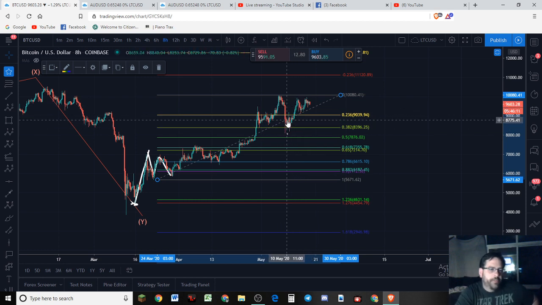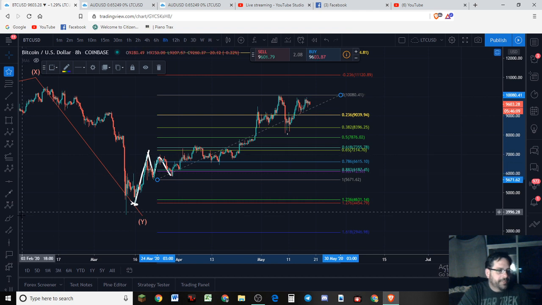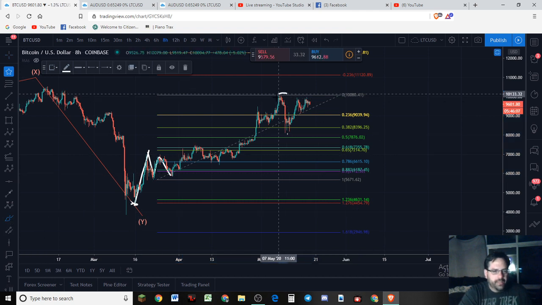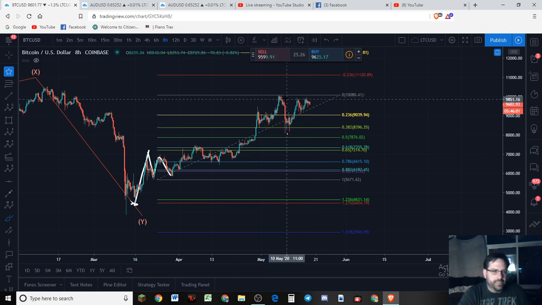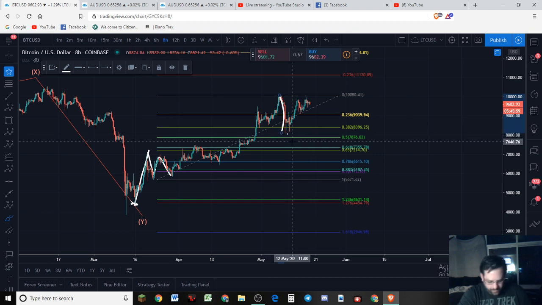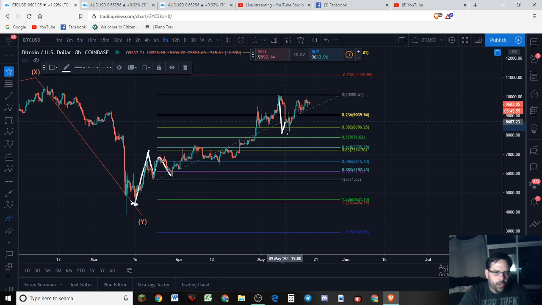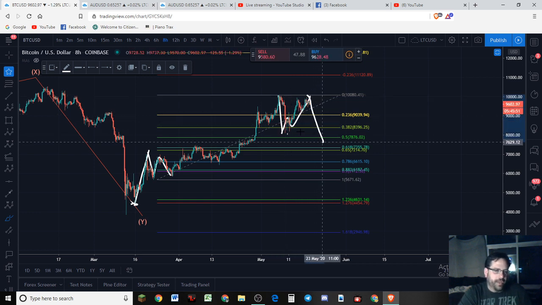So this fourth wave could be finished, but it would have to be interpreted as a three-wave correction. Okay, this wave would have to be interpreted as a three-wave, and I'm really having a hard time seeing that as a three-wave. The only way I really can see that is an impulse off the top. So that's a 5-wave. So that would be a 5. That means this correction isn't finished. We got a 3-wave that just finished, and now we need to head down for another 5, and that would be a